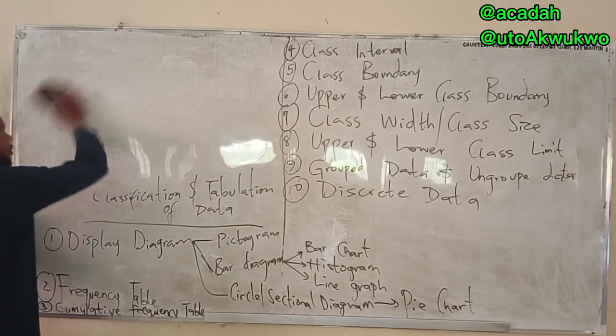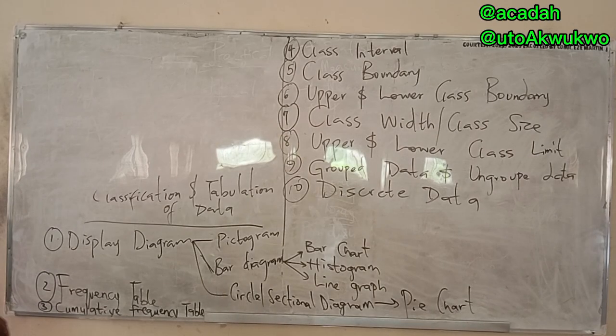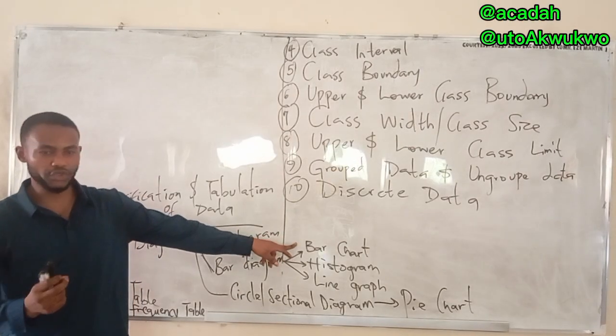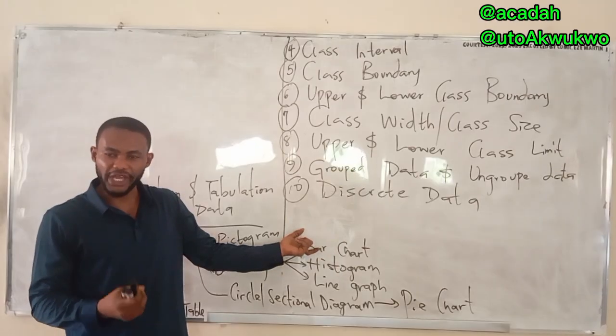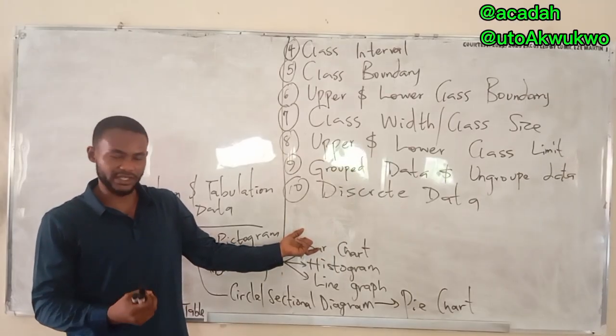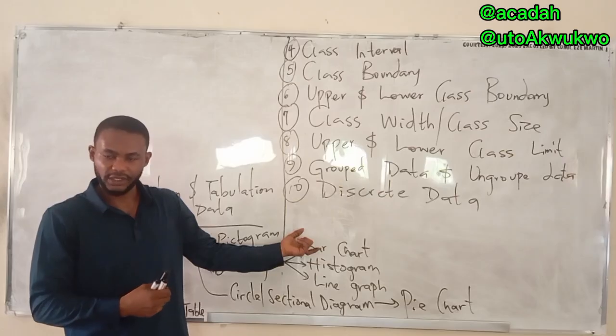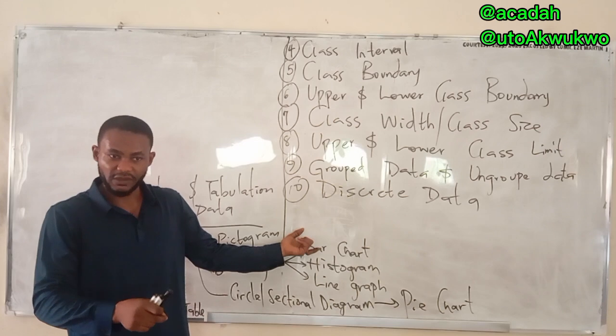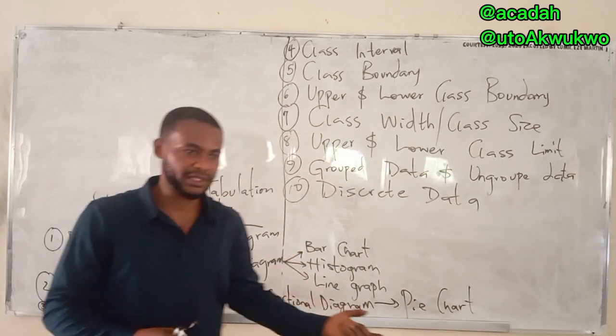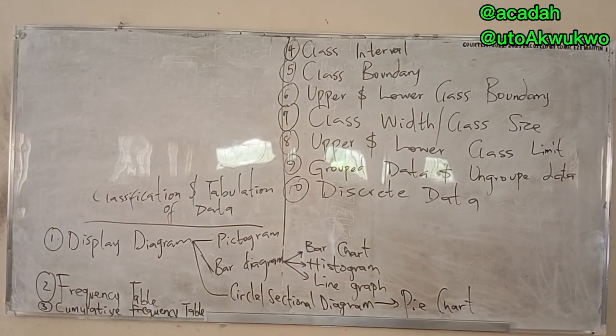Now, in order to draw a bar diagram, that is a bar chart, you need to note that a bar chart is a diagram that is drawn using a rectangle or a block whose vertical axis will have the frequency value, and the horizontal axis will have the midpoints for a group data. I know I'm too fast. Am I too fast? I said for a bar chart, it is the representation of information using rectangles or blocks.